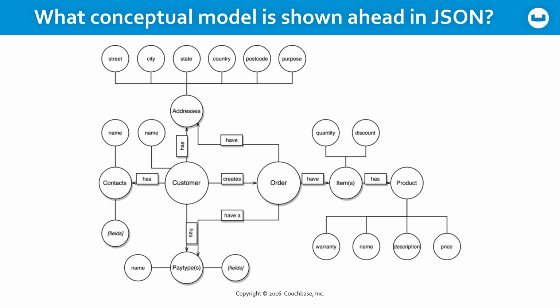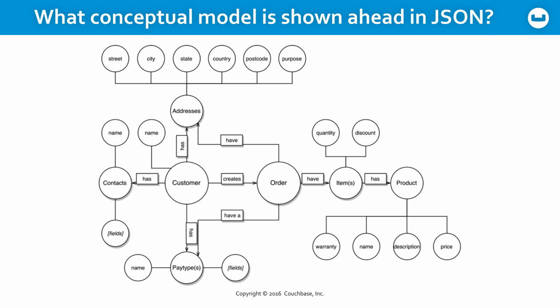So in this course, we're working with a conceptual model for an application we call Couchgadget, a very simple ordering system to buy gadgets, and it involves a customer that creates an order. Well, the customer has contacts and has addresses and has pay types, but the order itself may have multiple addresses for shipping. It also has a pay type, one of the available customer pay types for that particular order, but